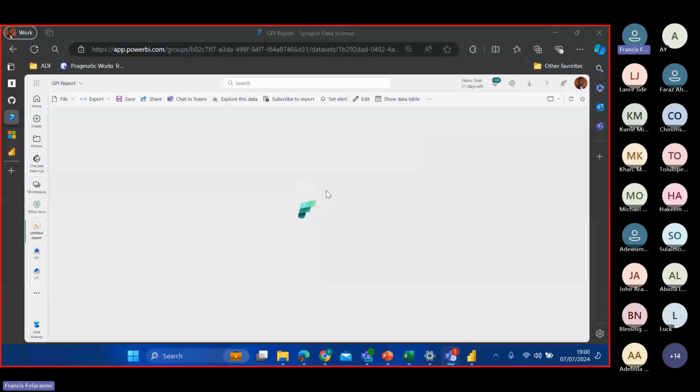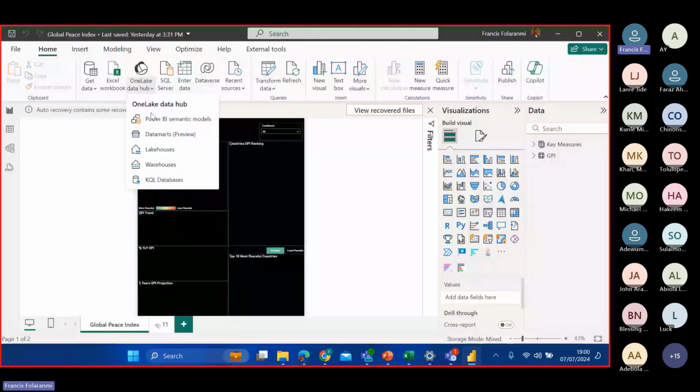Whatever you have in your Power BI environment or in your Fabric environment, you can always come to your OneLake hub and connect to it, which brings us to talk about Direct Lake mode, the new mode that is available for your data. Before now, we used to have DirectQuery and Import mode. While DirectQuery gives you the ability to have large datasets and near real time, Import mode gives you speed. Direct Lake mode brings these two features together, and you can access your data right from here. So this is still loading up.